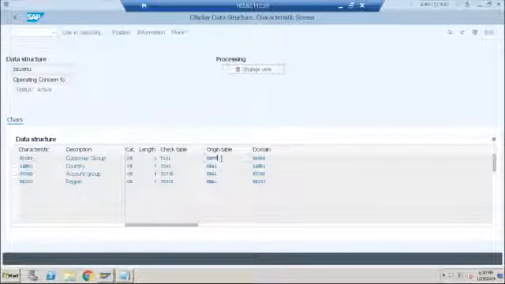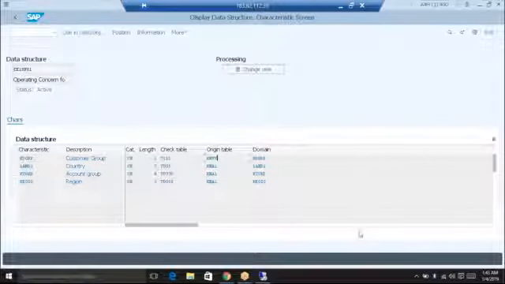So initially when we added the two characteristics, both were taking the values from table KNVV. Any idea what table KNVV is? What is table KNVV in SAP? KNVV is sales area data for customer. You must be knowing KNA1 and KNB1. KNA1 is general data for customer and KNB1 is company code data. Right? The third table is for sales area data, and that is KNVV.